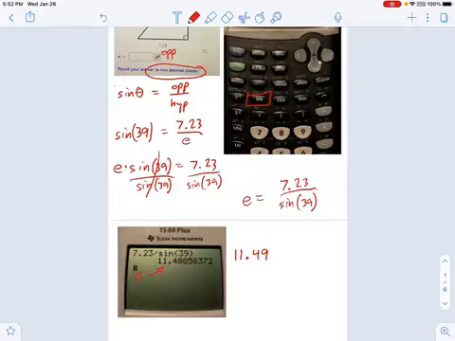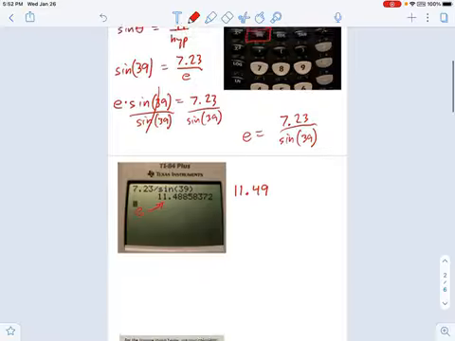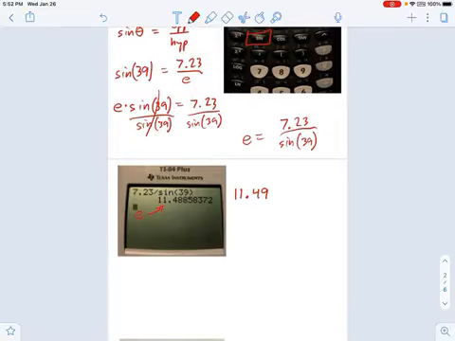And I would say when it comes to rounding, always do the rounding at the very, very end of the problem. Here's what I mean by that. Do not do this. Don't type into your calculator sine of 39 degrees. Let's see what that is. Okay, my calculator says the sine of 39 is 0.629. So don't go solving your problem this way: 7.23 divided by 0.63. That's not it. See, I rounded right there. I'm going to make a mistake. The errors that you make in the beginning of a problem tend to get larger and larger by the end of the problem. So save all your rounding until the end.